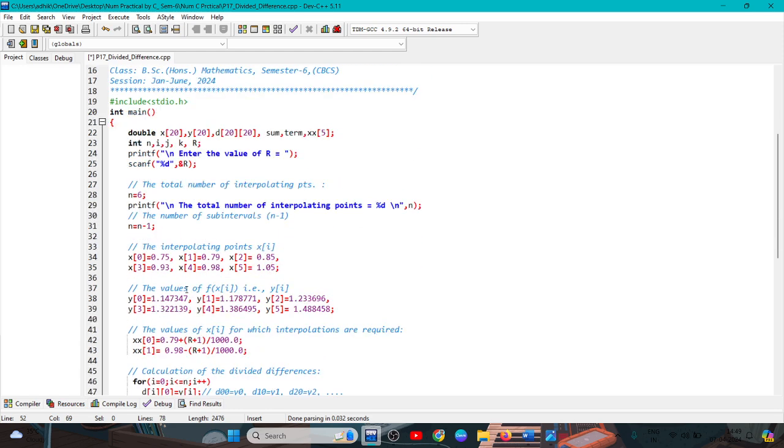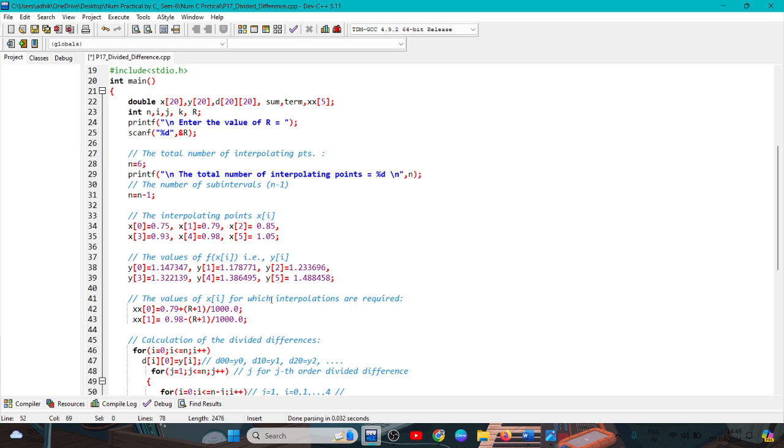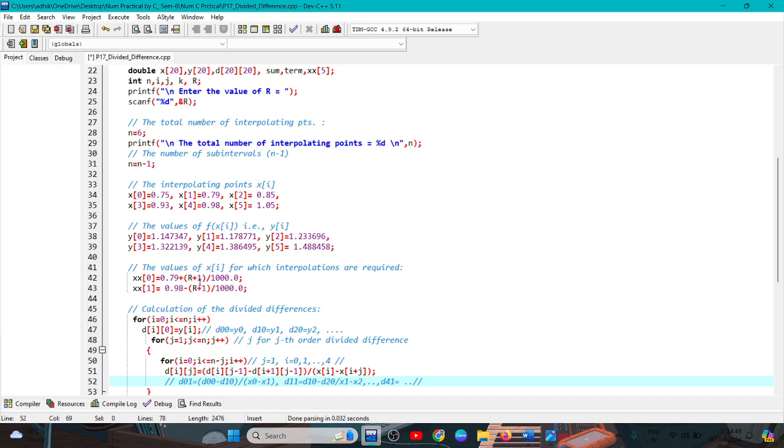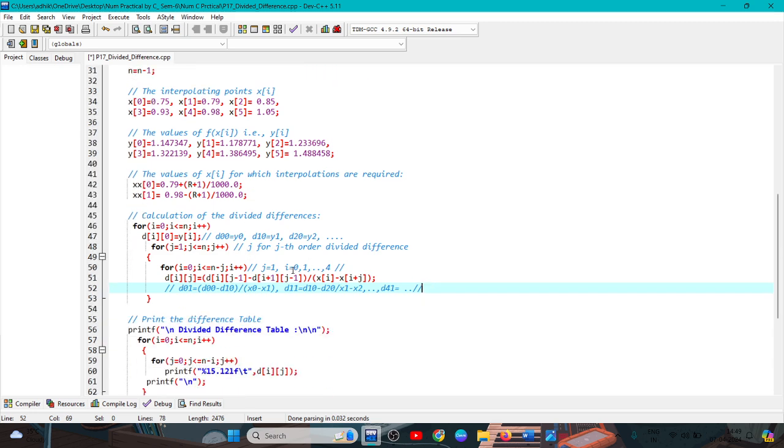And y0, y1, y2, y3, y4, y5 are these, and the values of xi for which the interpolation is required. x0 is 0.79 plus (r plus 1) divided by 1000.0; and x1 is equal to 0.98 minus (r plus 1) divided by 1000.0;